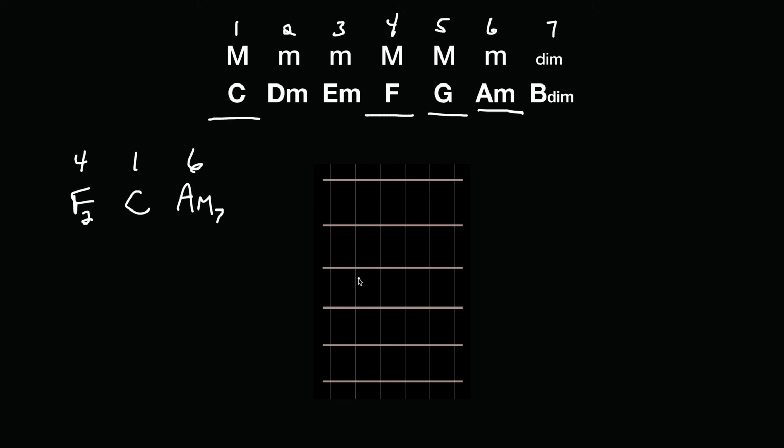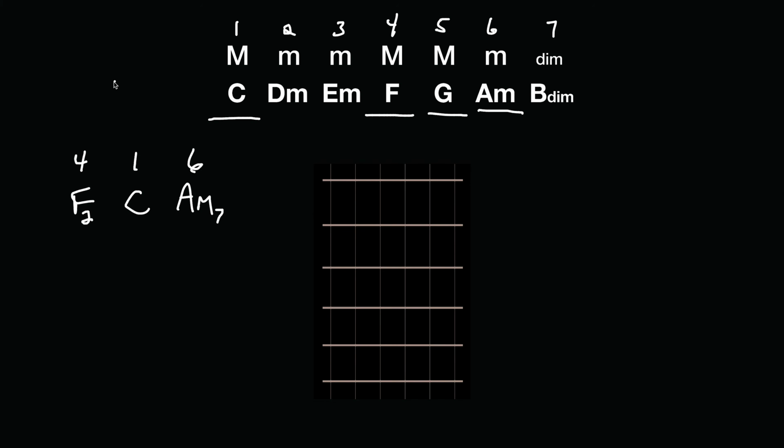And if all I knew about this song was that I have to play an F, C, and A minor, and I knew nothing about numbers, my brain's going to go to individual shapes on the guitar. But when we can step back and realize that our job is really to play numbers, to play positions, and once you can boil your song down to numbers, well, let's say we're down here on the 8th fret. These 3 notes here are part of the 1 chord, which in this case is the C major. These 3 notes are also part of the 6th chord, the A minor 7. And if we just added this note here, well, we'd be playing 3 notes that are part of this F2 or F add 9 chord up here.